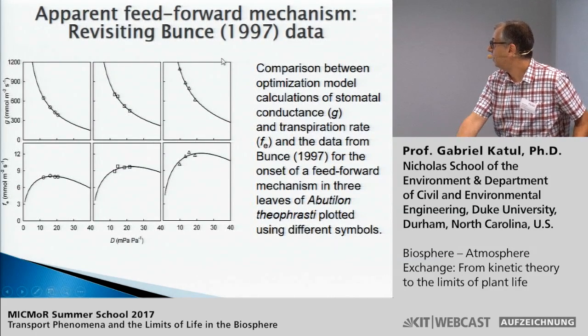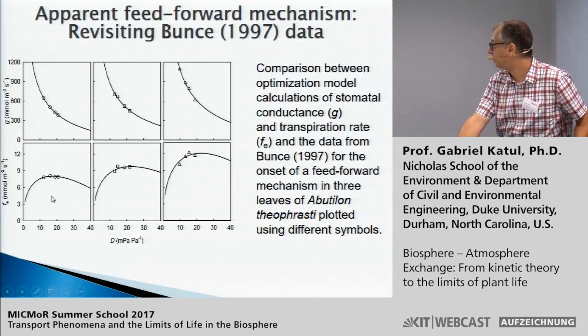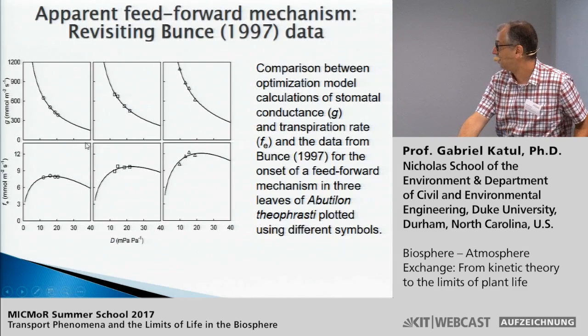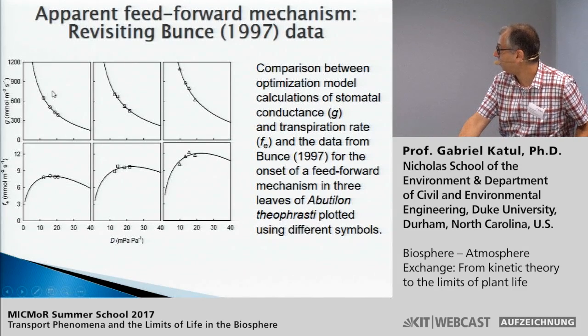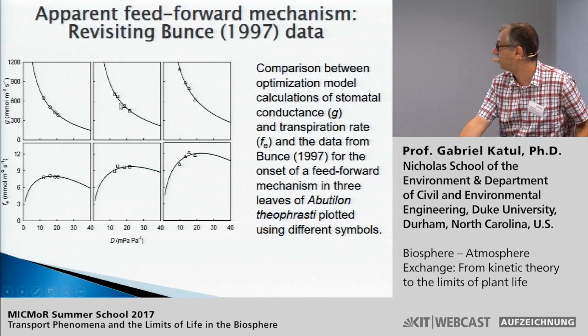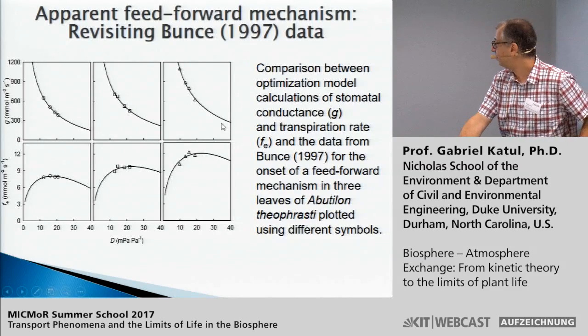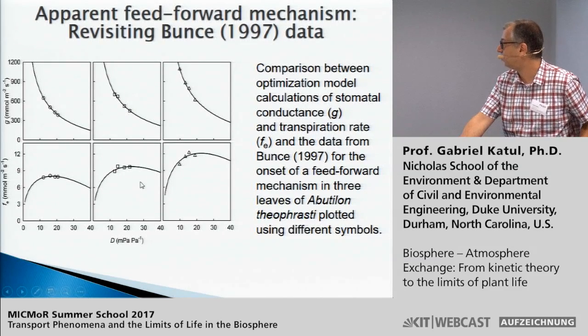For example, James Bunz in 1997 made the claim that the apparent feed-forward mechanism is all nonsense, basically. But he had some good points. If you look at the data sets, yes, stomatal conductance does drop with vapor pressure deficit. However, if you look at the transpiration rate as a function of vapor pressure deficit, you don't see much apparent feed-forward mechanism. Now, if you use his data set to predict where this critical vapor pressure deficit is, it's hardly satisfied, in fact. So while he may be correct, it's difficult to judge from the data set alone whether the vapor pressure deficit was strong enough to see it or not.